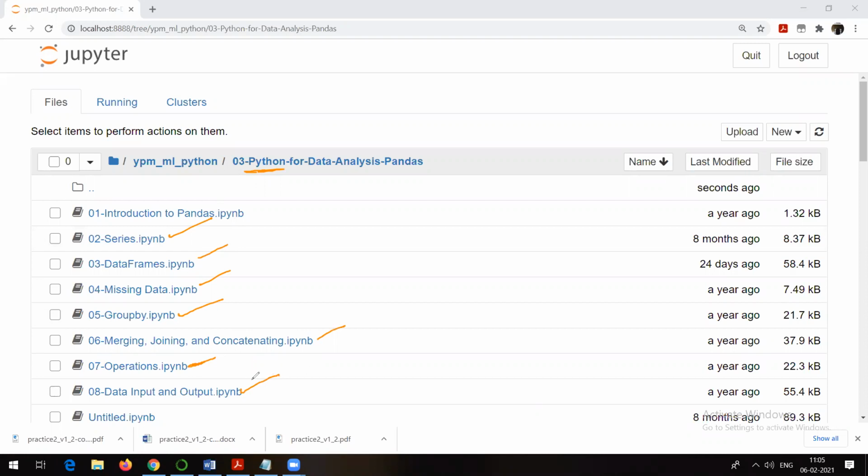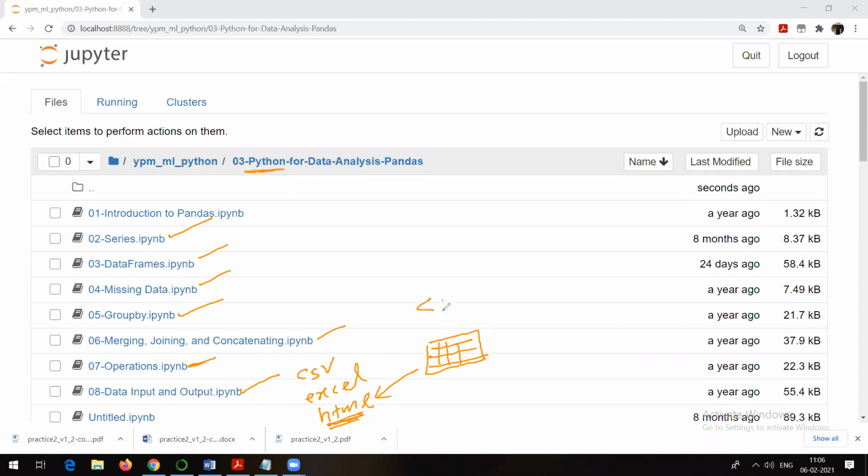Some operations we have seen, and finally we talked about how to import different sources of data. For example, how to import a CSV file, comma separated value, right? How to import data from an Excel file, and even how to read the data from HTML. The point we need to remember here is that pd.read_html can read only data from the HTML page which is in tabular form. Right, that is the limitation for the pd.read_html method. So it can read only that data from a web page which is in tabular form.